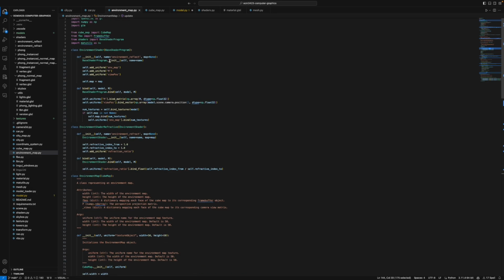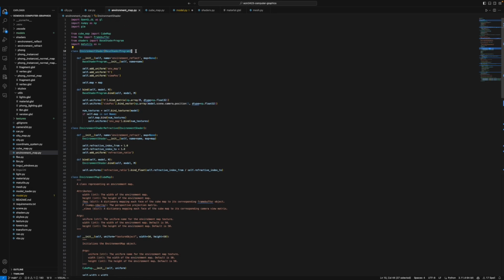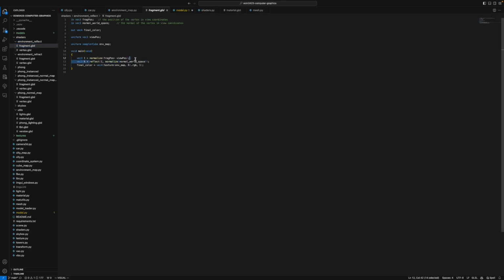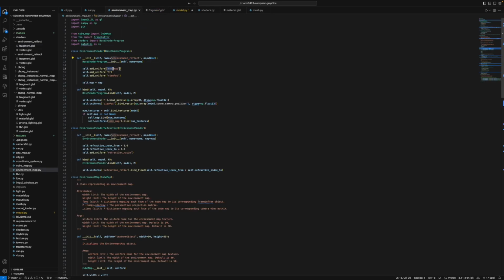This environment map is used by an environment shader and is simply sampled in the environment shader, which can be shown here. We can see the sampling happening here. First the reflection is calculated, the reflected ray along the normal, and it is sampled using the texture method and the env map, which is the uniform sampler cube. It's sampler cube instead of sampler 2D because it's a cube map, not a 2D texture. And as we can see, the uniform name is env-map, which corresponds to the env-map uniform, which is bound using